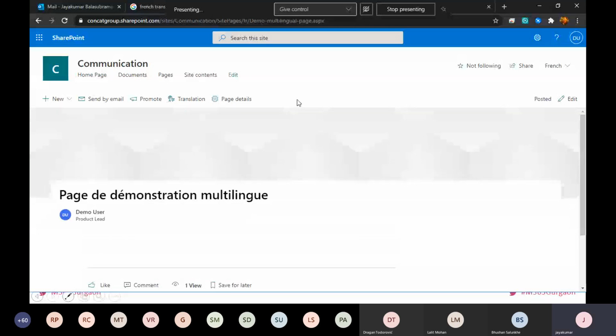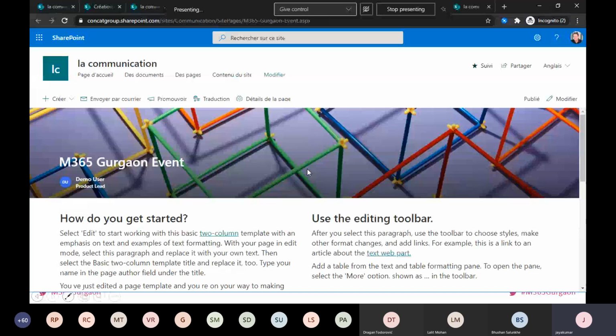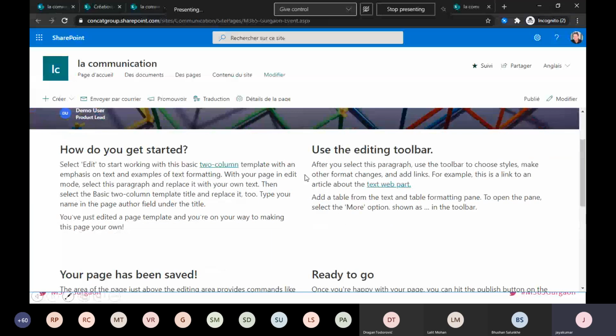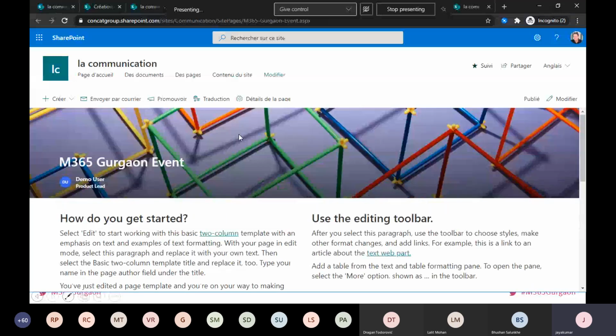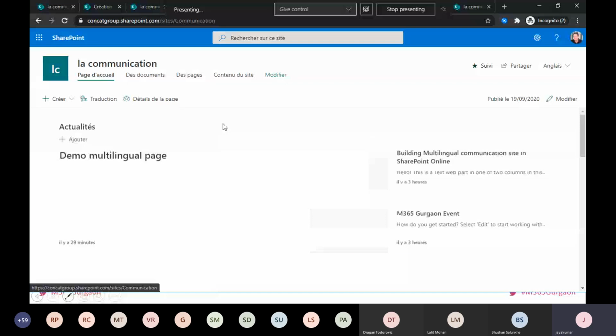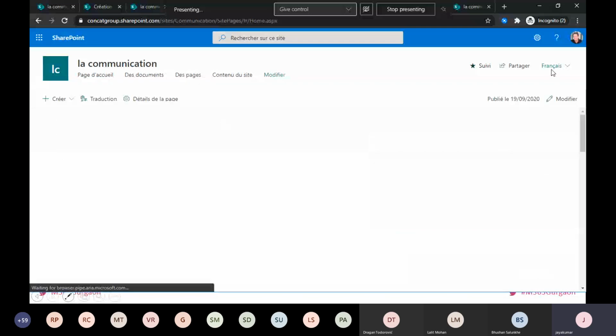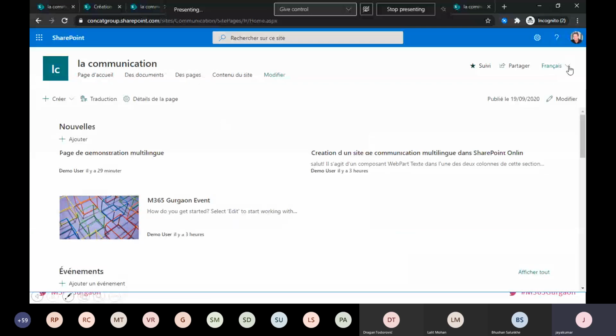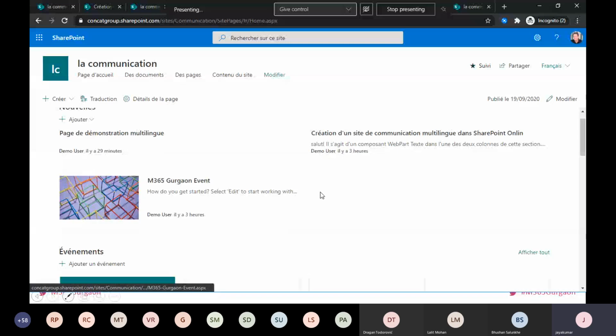Yeah, I think I'm done with the demo we wanted to see for today, like how we can customize the multilingual sites for the titles, descriptions, and footers, and how you can customize your SPFX web parts, the custom built web parts. The one thing to note down here is the automatic translation for this English to French. This setting is only applicable for the out of the box web part. For example,